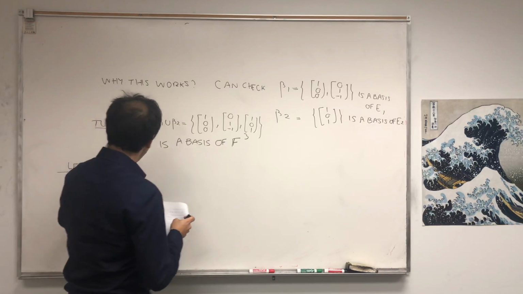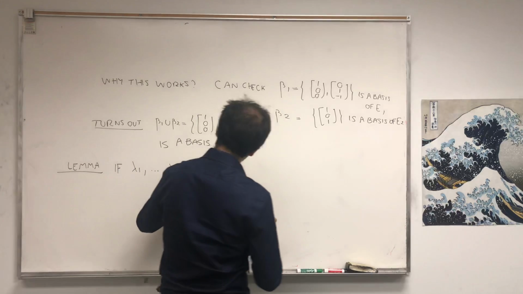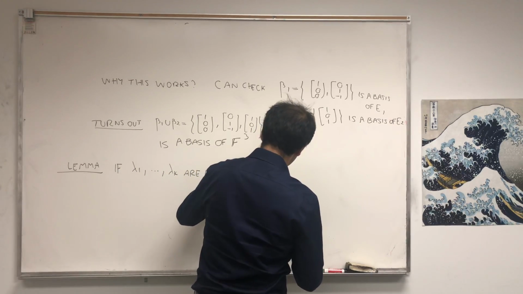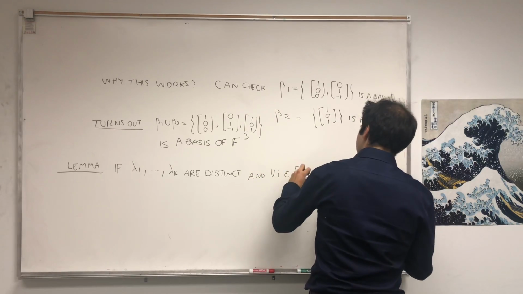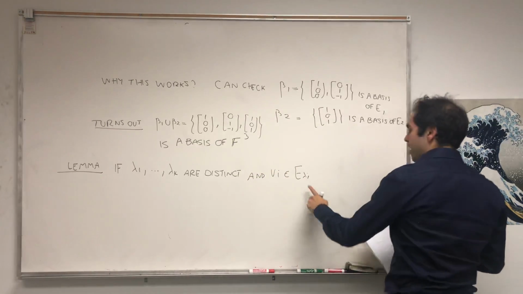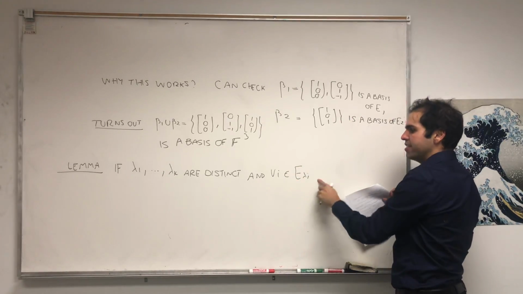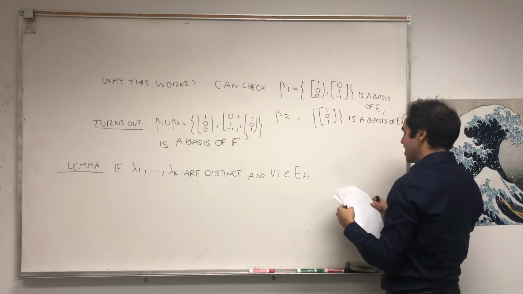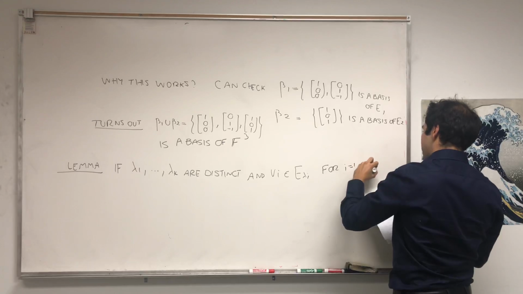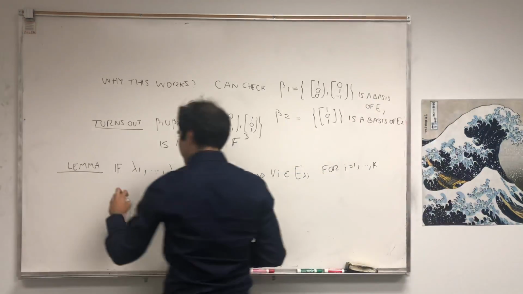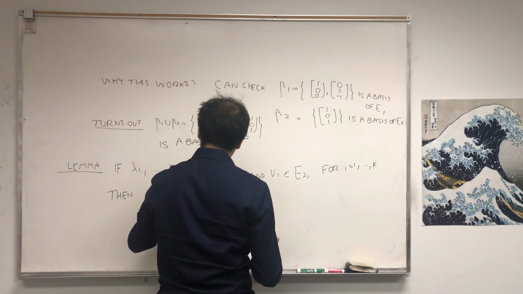If lambda 1 up to lambda k are distinct, and Vi are corresponding eigenvectors, or the zero vector, because technically the zero vector is in this space but not an eigenvector, for i equals 1 up to k, then if the sum of the Vi's is 0,